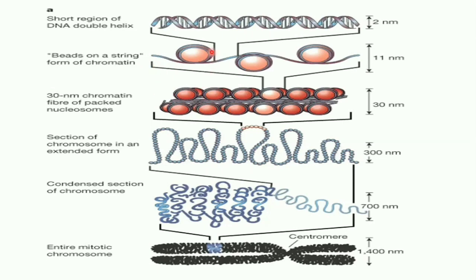This chromatin, which is loosely formed, then gets compact. Can you see? Now it has become an even smaller size, that is a 30 nanometer chromatin fiber. They are packed with the nucleosomes. These are the nucleosomes, and the whole thing is packed. It is further compacted, and then this is formed. Then it is further condensed, and finally it forms the chromosome. This small region has been shown in this way. It finally compacts and forms the chromosome.